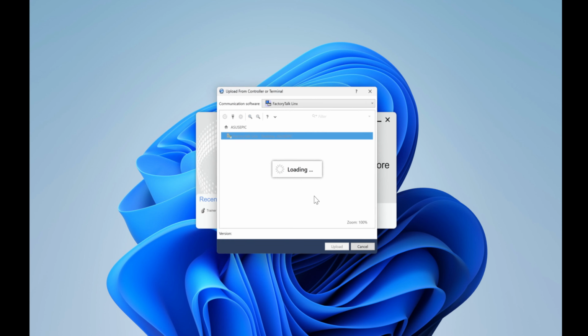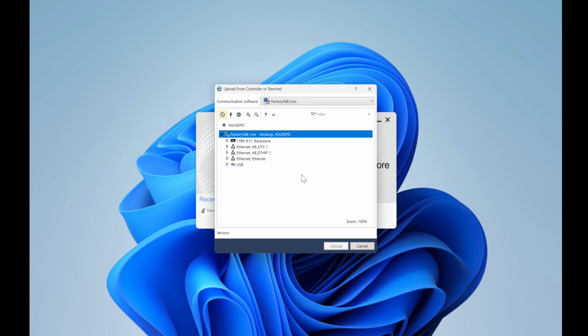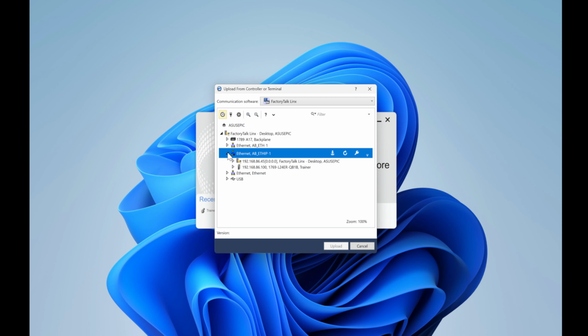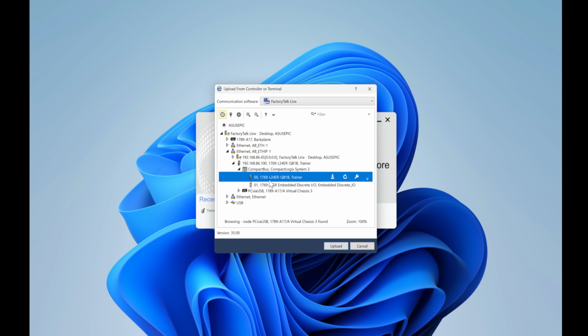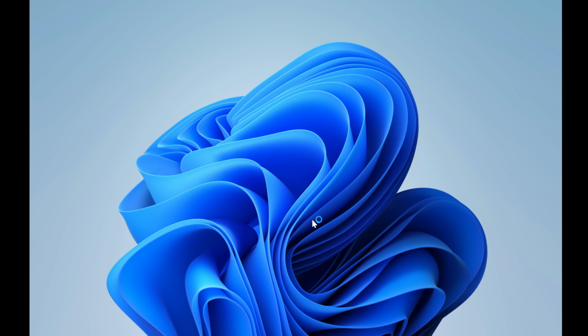So once you open the from upload button, it gives you a window saying, hey, where do you want me to upload from? And since I know my IP address of the PLC, which is 192.168.86.100, I could just select the PLC and hit upload. When I upload, this will upload the